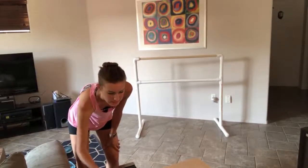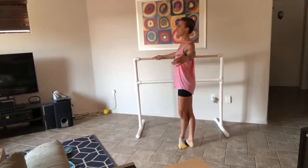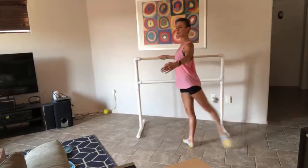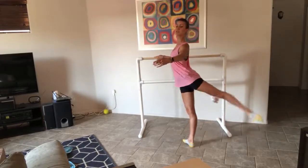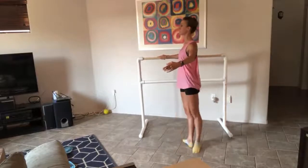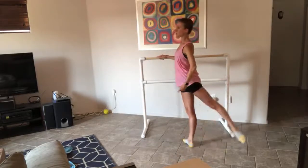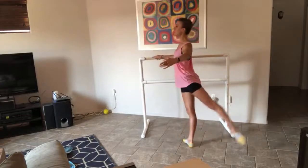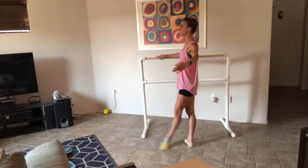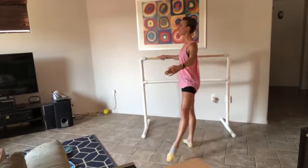Some chorus line here. 6 and 7 and 8. Dégagés in, pas de cheval, out, in, brush back, and in, pas de cheval, reach, and brush to the side, in, pas de cheval, repeat, and in, pas de cheval, adding an arm, 2 to the front, 2 to the side, 2 to the back, plie, reverse, and back, whoosh, in, whoosh, heel forward, and in, pas de cheval,